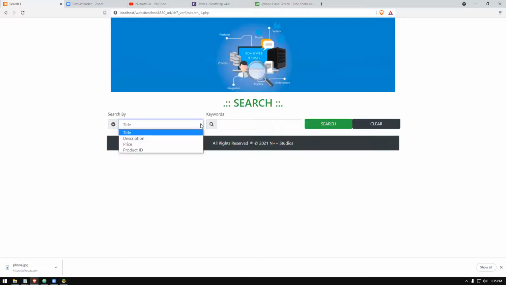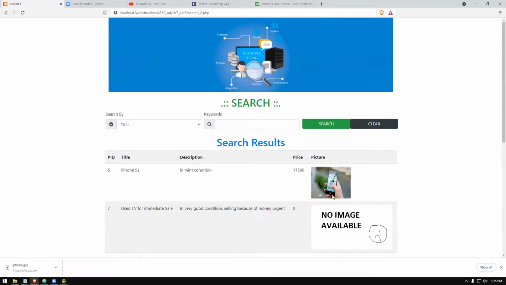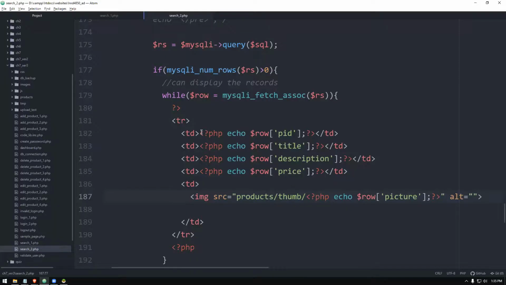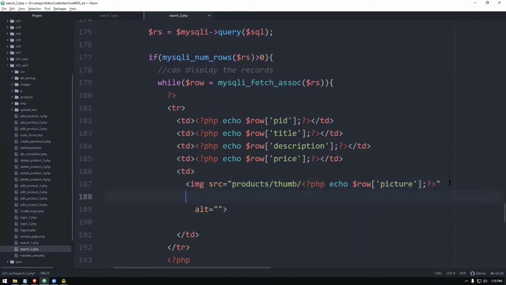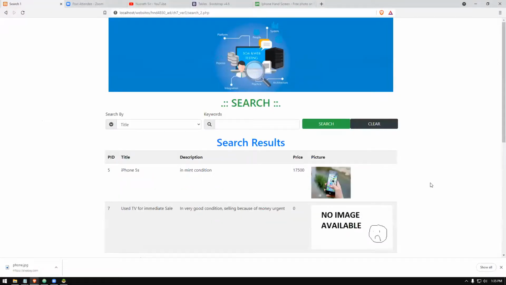Right, let's search by title. Now if you go, yes, it is displaying the image, right? Okay, thumbnail is getting displayed. In one place, you can make use of your CSS knowledge. Under no circumstance should any picture be big, so it's a style: max width 150 pixels, max height 150 pixels. So under no circumstance is your image going to be big.